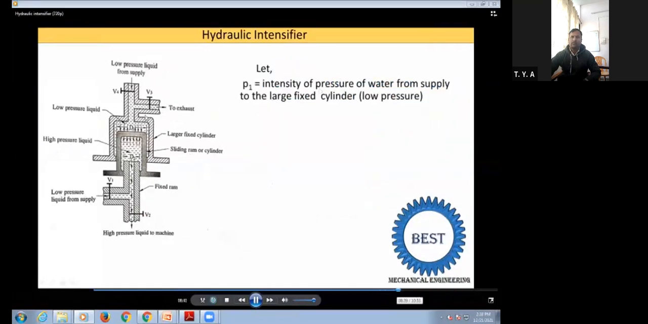Of water from supply to the large fixed cylinders, meaning this side pressure is available as P1 pressure and its diameter is